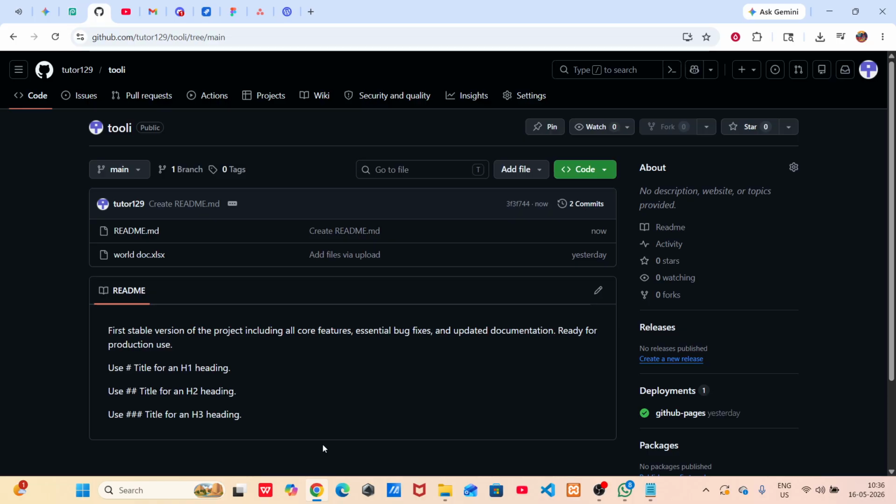And there you have it. Your README is now live, and you've successfully enhanced your GitHub profile. So remember, creating a GitHub profile README is as simple as logging in,